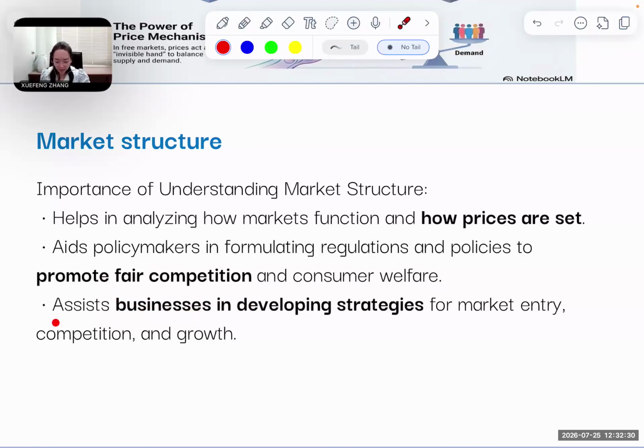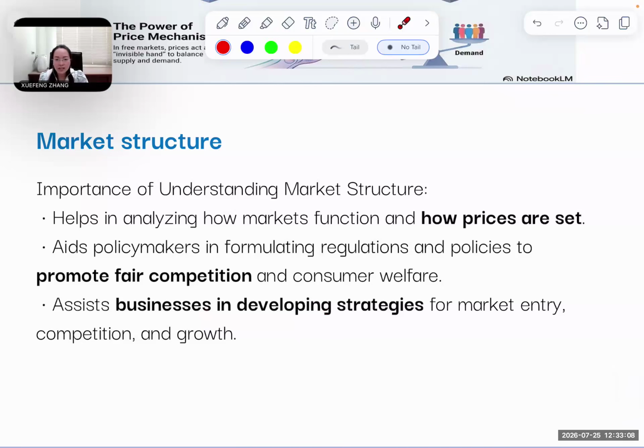And the next one, I think it's more related to you guys. As a business person, which is probably most of you, it tells you what kind of fight you are walking into. Okay, if you want to open a coffee shop, that's monopolistic competition, competing on brand. Trying to build the next mobile network means facing an oligopoly with giants already shaking hands. All right?